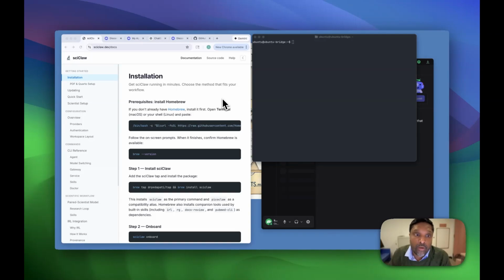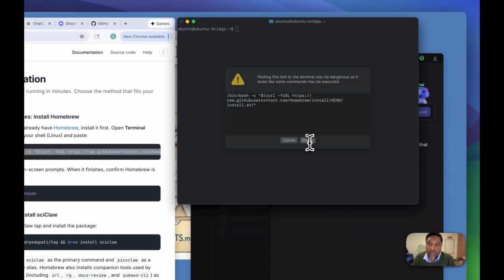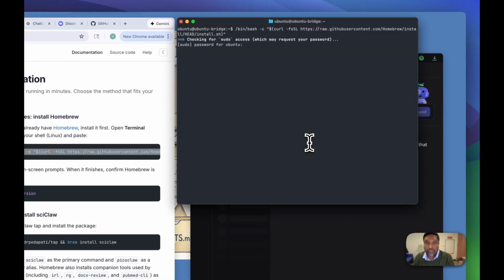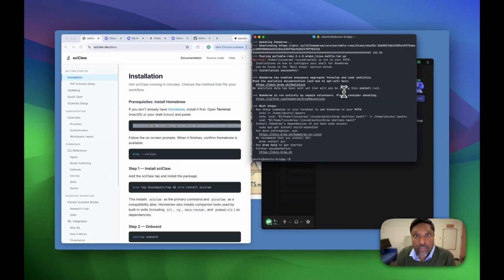The first command I'm going to run is installing Homebrew. This will allow us to install custom applications. I'm going to paste the command into the terminal, enter my password. Now that the installation is done, there's a couple of critical things that you have to do